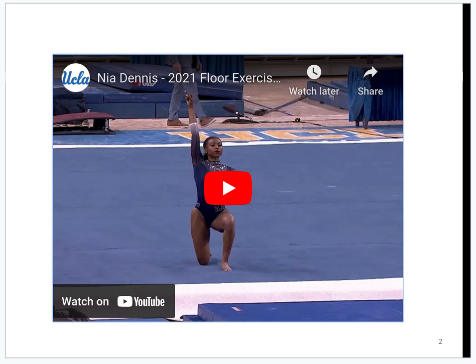So two things. We're going to talk about the difference between intrinsic motivation and extrinsic. This is obviously deeply intrinsically motivated. Intrinsic meaning, you could just see how much she loved this, right? She was just loving the process of this. She wasn't doing this for any sort of external reward at all. It was just a pure love for gymnastics and the music and the dancing, and she was just right in that moment.